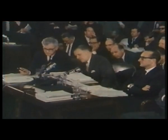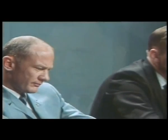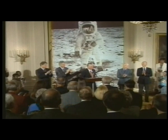NASA's highest-ranking official, James Webb, resigned without explanation just days before the first Apollo mission. Why, when he was on the threshold of achieving the greatest accomplishment of his career? All 3 Apollo 11 astronauts also resigned shortly after their return. On the 25th anniversary of the event in 1994, Neil Armstrong made a rare public appearance and held back tears